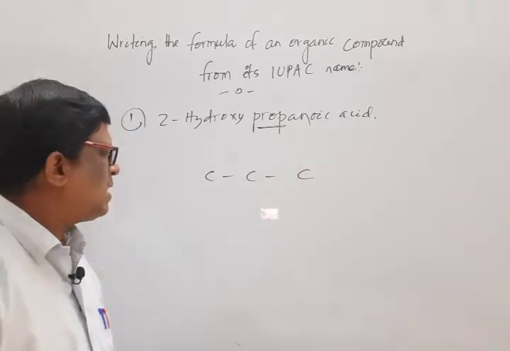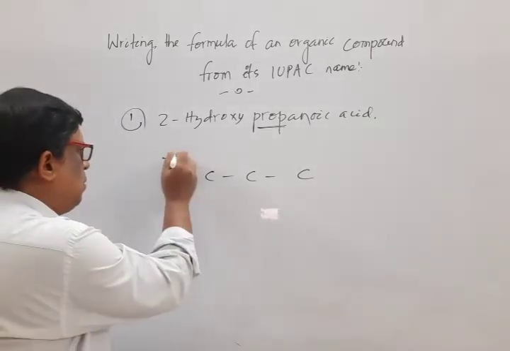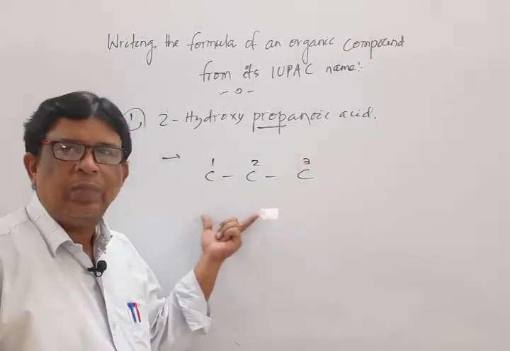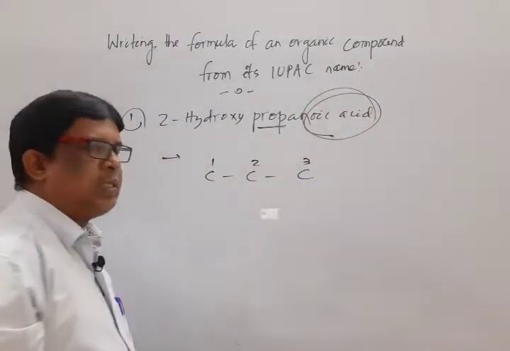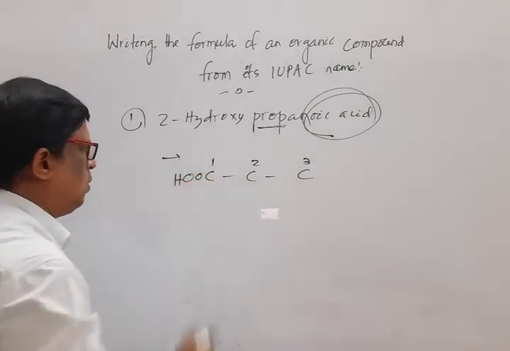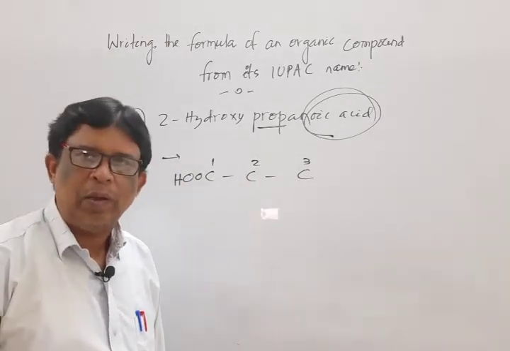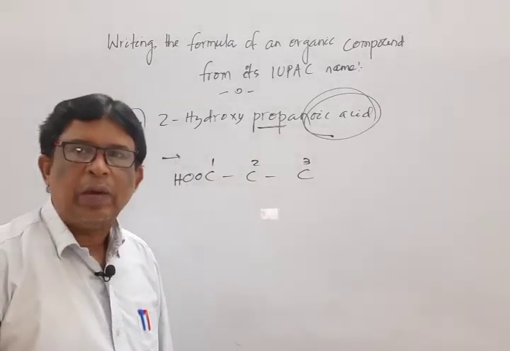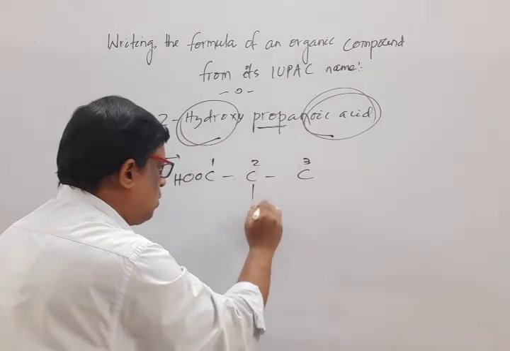Okay. Next, assign the locant numbers from either side, left to right or right to left. Suppose I assign from left to right, 1, 2, 3. After assigning, mark the principal functional group, that is oic acid. So insert COOH, oic acid. I number from left to right, one can also number from right to left, no problem. Okay. After writing the principal functional group, then the secondary functional group, which behaves as the prefix. Which one is 2-hydroxy. At the 2 position, OH is there.